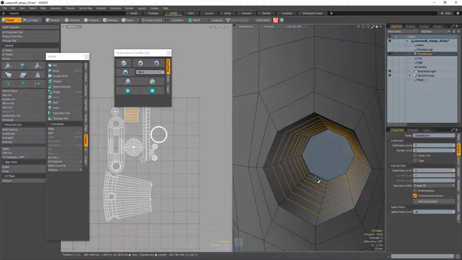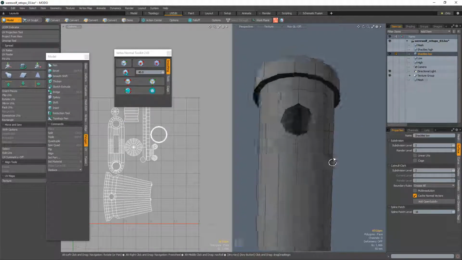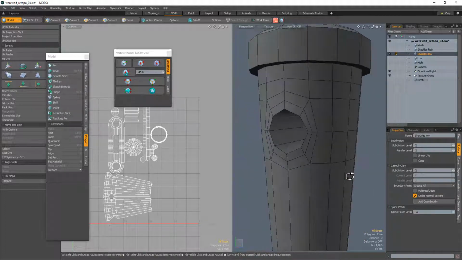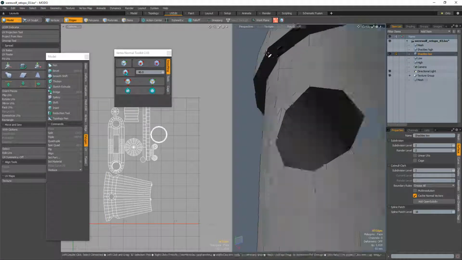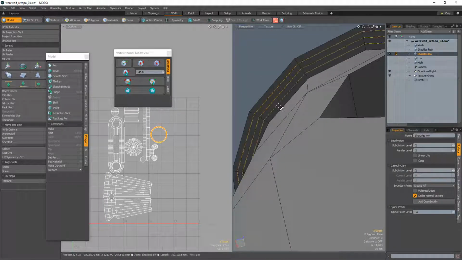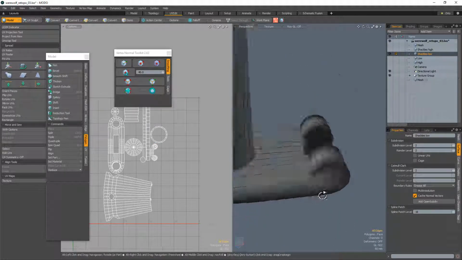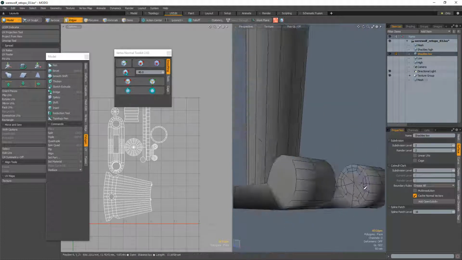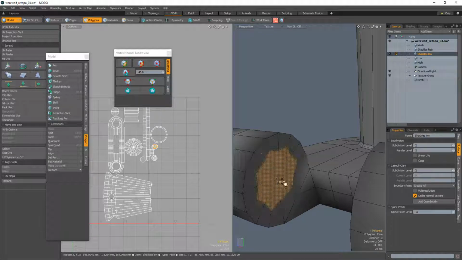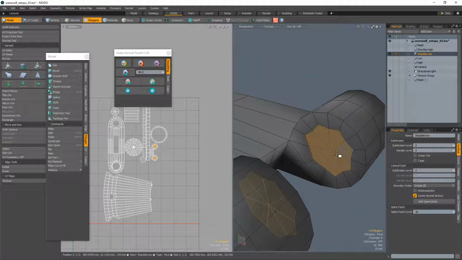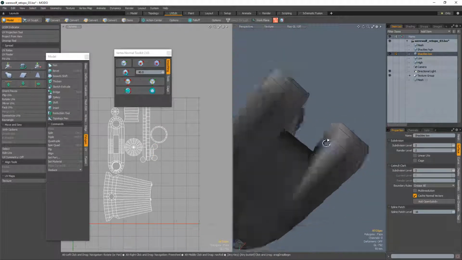Gonna get rid of all these in here. All those. Alrighty. Get rid of that. That. We're basically just removing anything that doesn't impact the silhouette or the shading. Get rid of these, and this